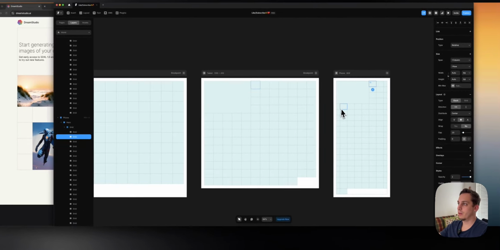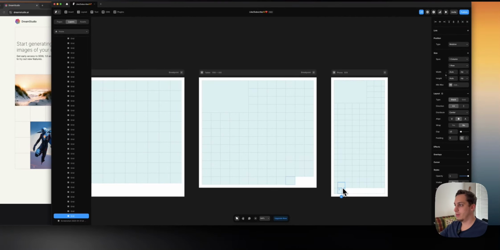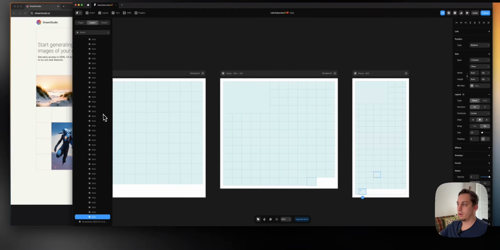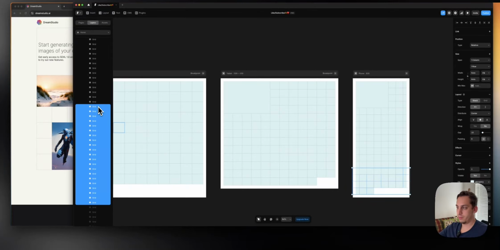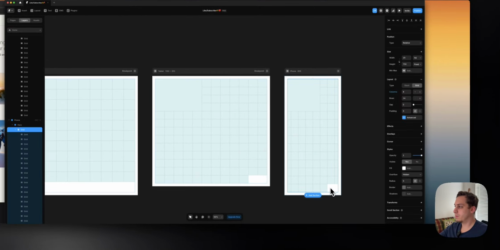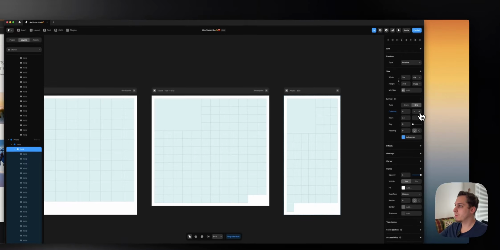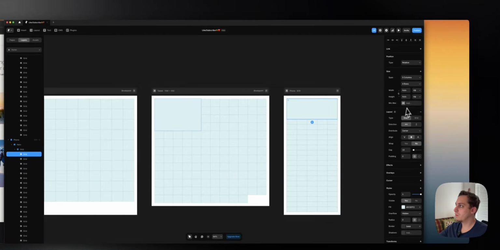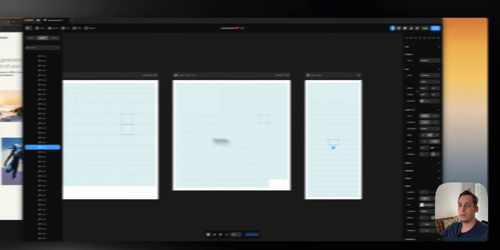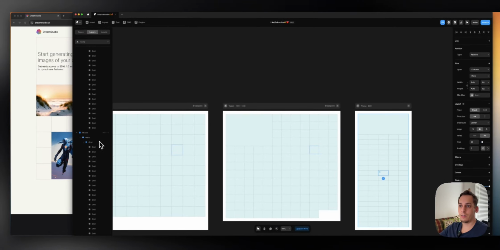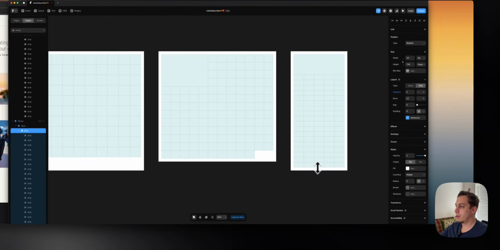But let's see how we do this. Maybe we can delete a big chunk of these for the mobile. Like this, for example, would be a good view for the mobile. We make it actually a little bit higher,